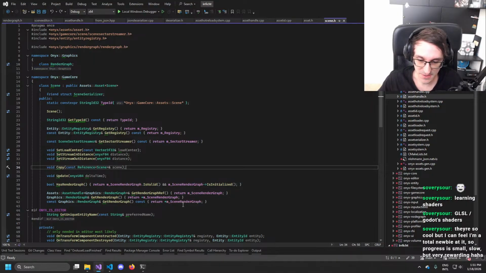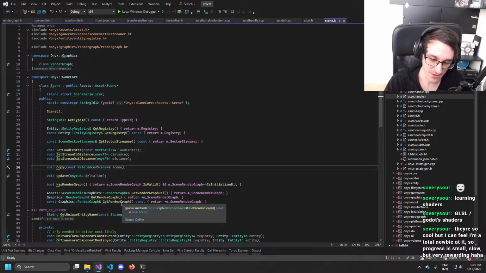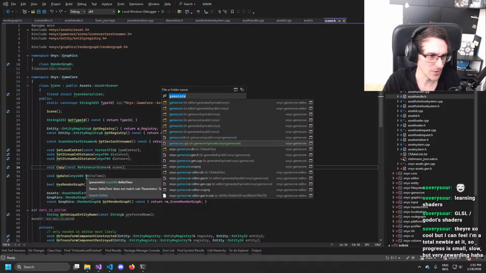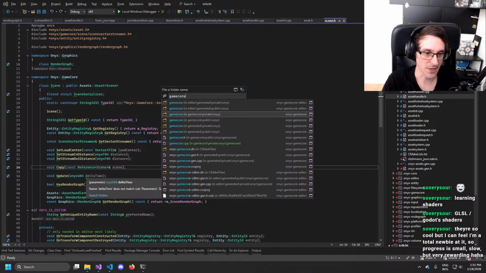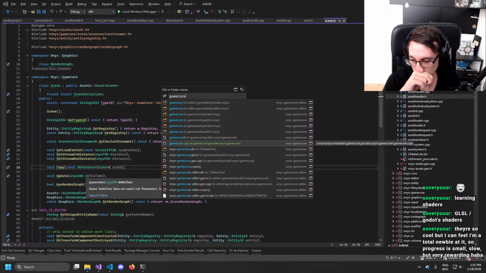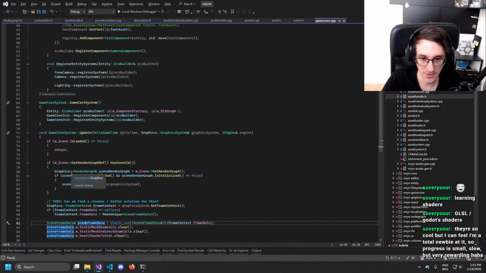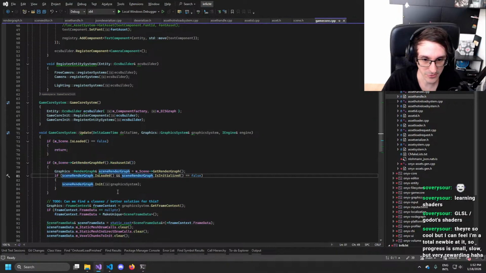And then your system needs to verify, oh, I got a new asset, I need to do some stuff. So for example, where do we do that already? I think game core is probably kind of the best example currently for that. So if we have an asset ID for the render graph, then we check if we are loaded.